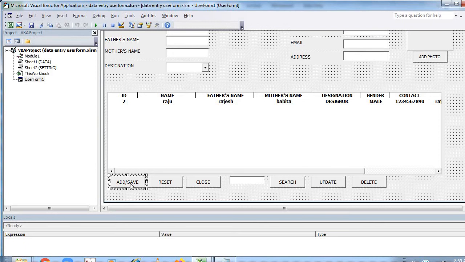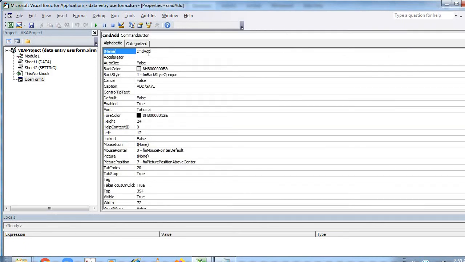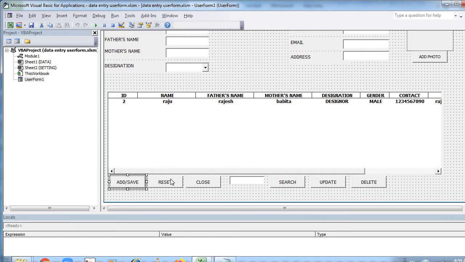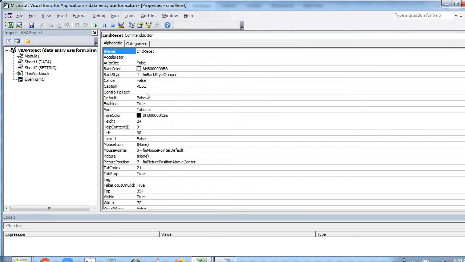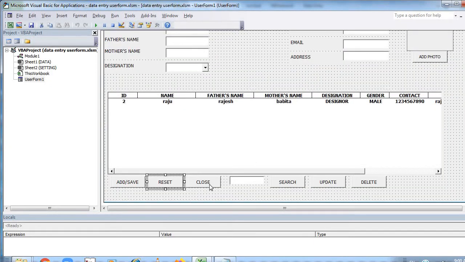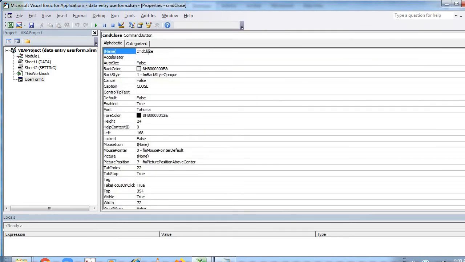Properties, cmd add, and the caption is by the name Save. Second, reset: properties, cmd reset, and the caption is Reset. Then close: properties, cmd close, and the caption is Close.